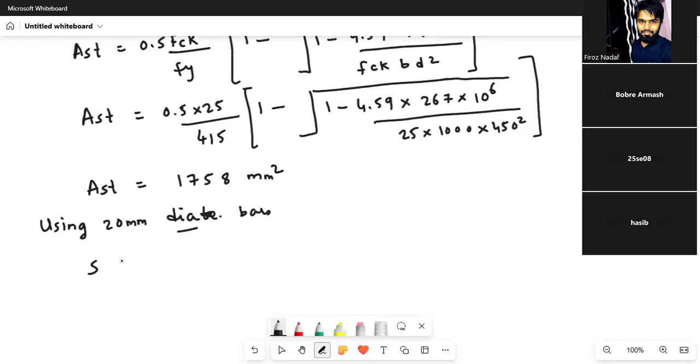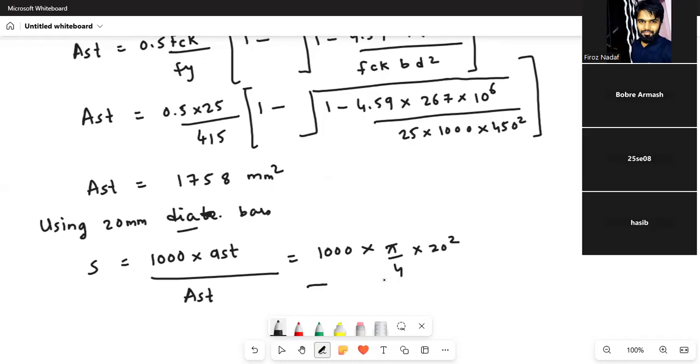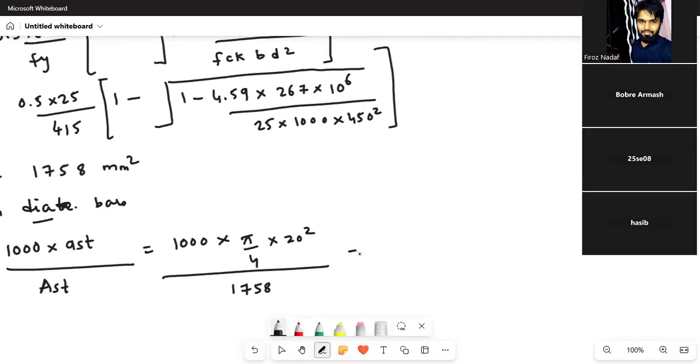Spacing, you know how to find the spacing? Spacing equal to width of the slab equal to area of one bar divided by ASC. So this is how you are calculating spacing in the slab. 1000 into 5 by 4 into 20 square divided by 1758, and that is equal to 178.6 mm. So this is the spacing that you are getting, but this spacing cannot be provided